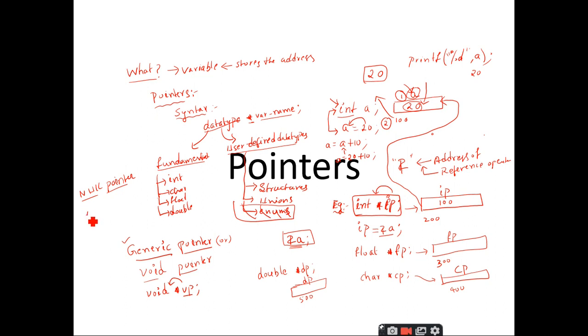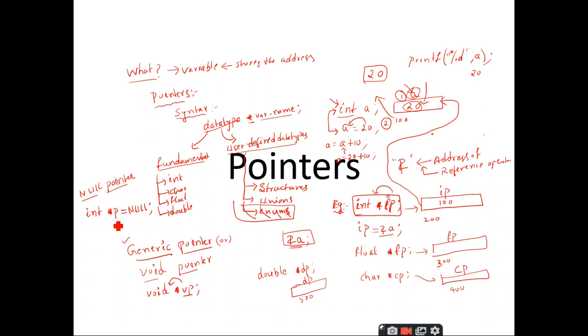Let me take one example. Let me create an integer pointer, int *p. This is the declaration part. As I told you, immediately after declaration, a valid address should be stored inside these pointers. But if you have no valid address to store inside this pointer, you will simply assign it a special address value called the null address.